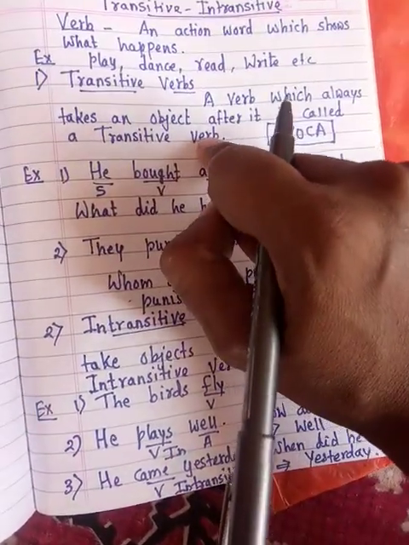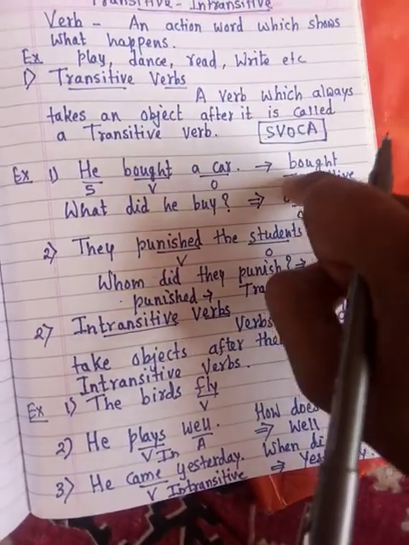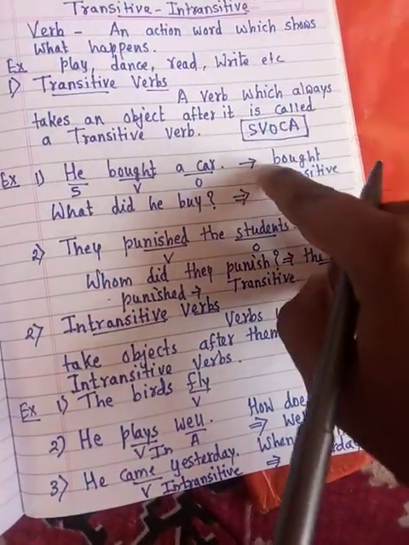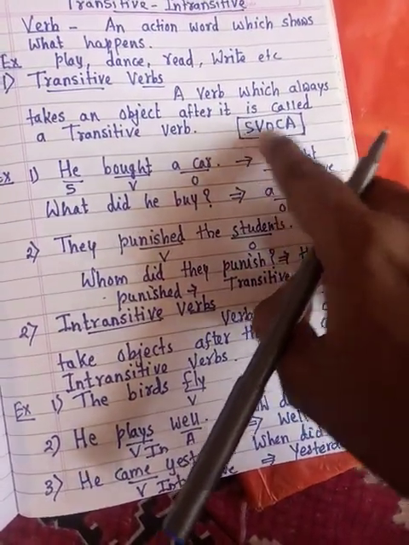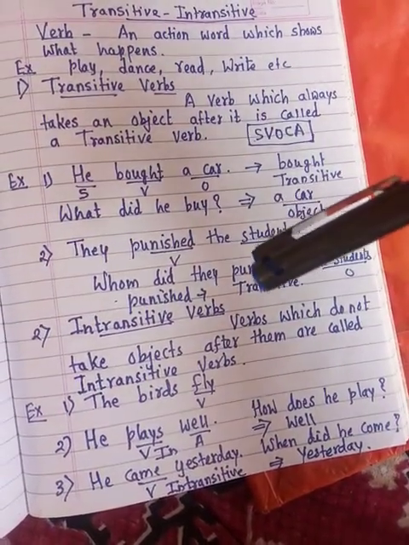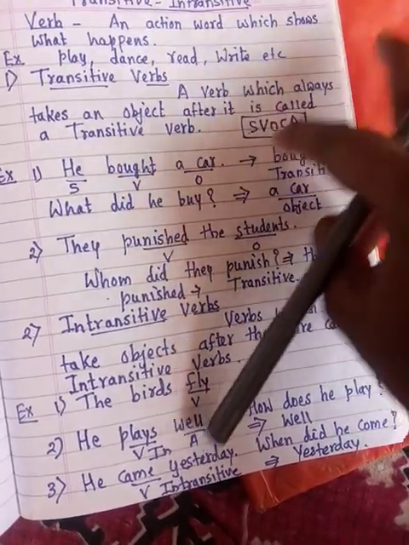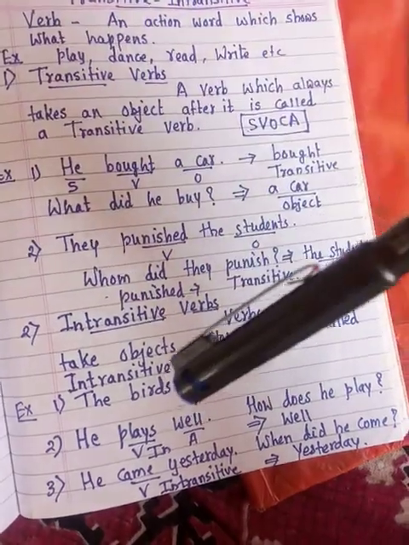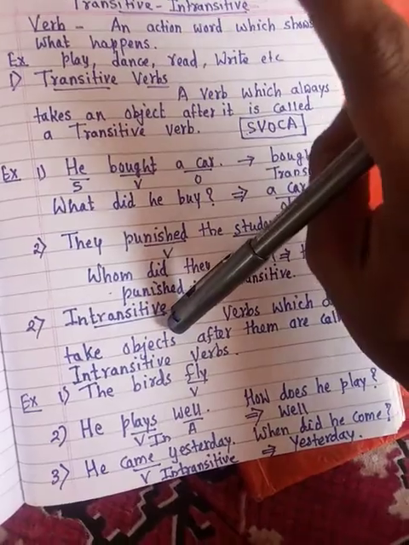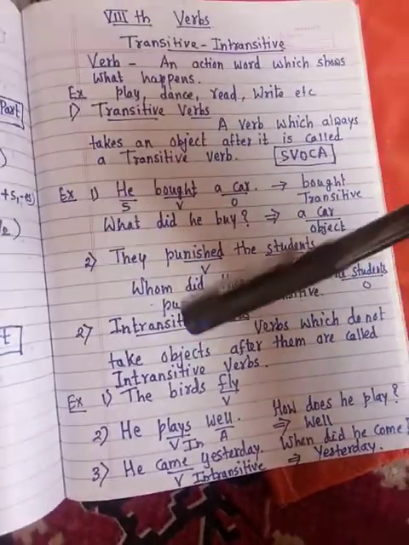Means here verbs take an object, but here there is no need of an object. Means there will be no object in the given sentence. Means the pattern may be SV, SVC, SVA, or SVCA. At most there will be four basic patterns. Then that will be an intransitive verb. I'll make it very simple from the examples.